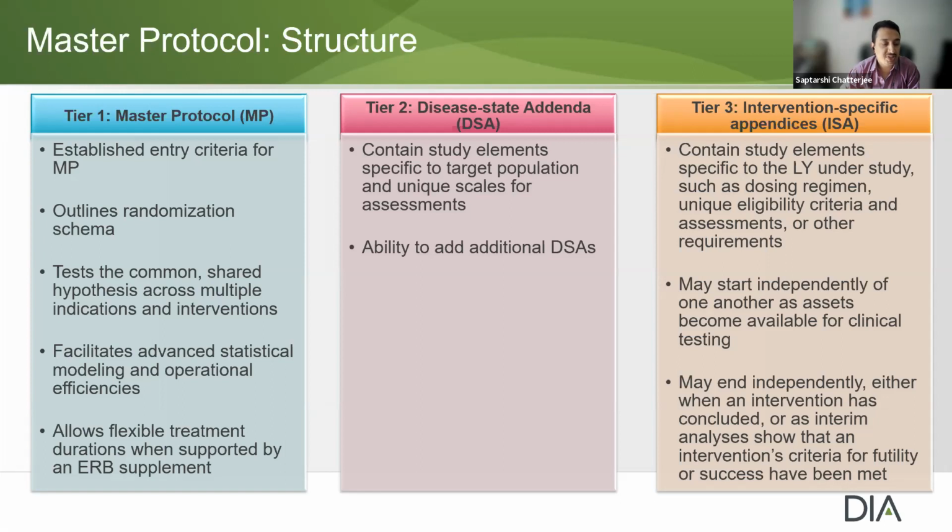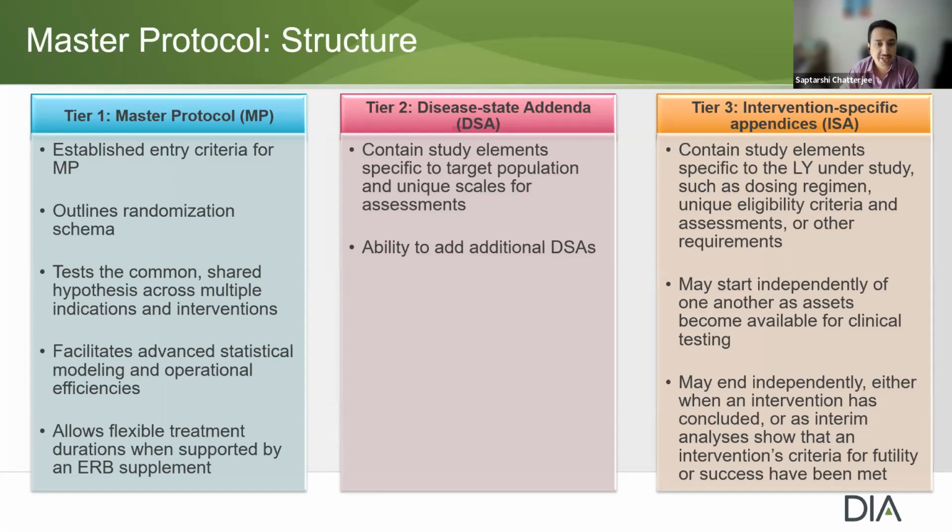And some of the advanced statistical modeling and the operational efficiencies that we have observed. This is also not specific to a particular asset scenario. In some cases, to have an overarching statistical model, this can also go to the master protocol. The whole idea was to specify as much of the high-level overarching content as possible in the master protocol itself. And then the disease state addendum was made for specifying anything related to a particular population